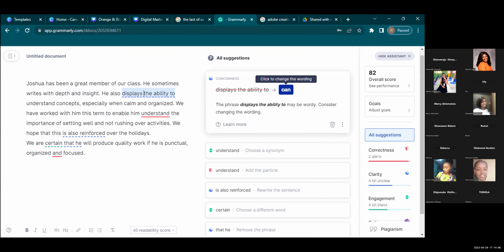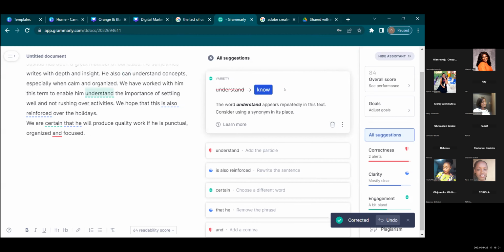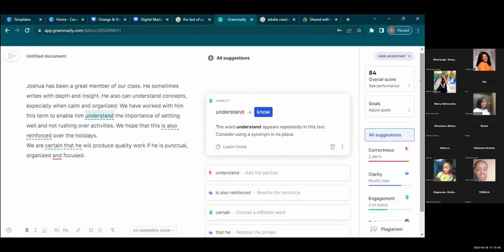Now, before you edit, you also look at it and say, okay, Grammarly is not in your class. Grammarly doesn't know. It's just working based on how it should be. But for you, if you change it to "can," does that work for that child? Does it still convey the information you want it to convey? Remember when we talked about being concise, being straightforward.